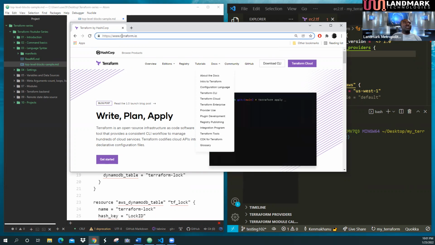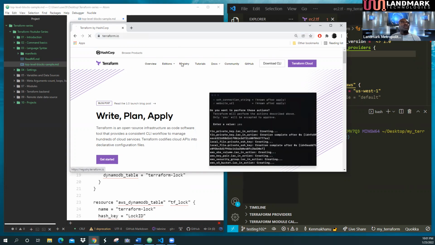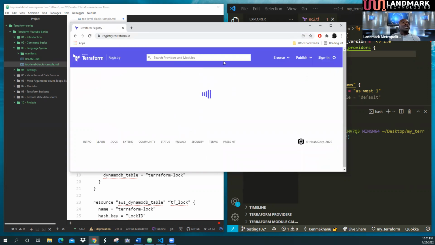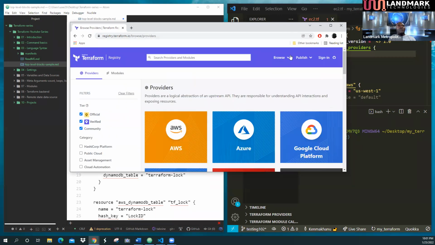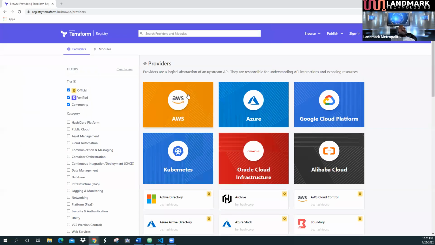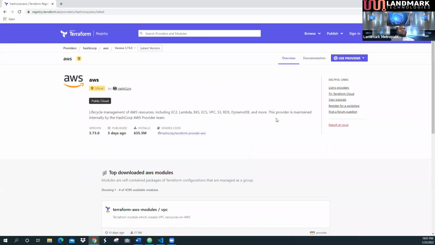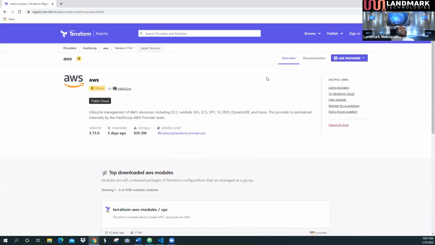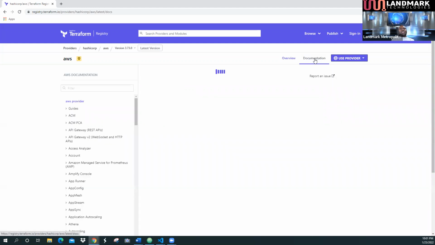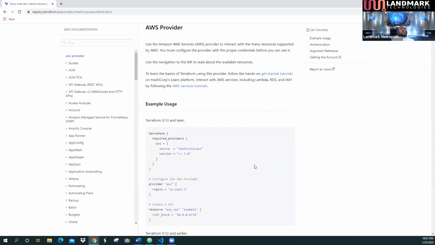If I go to the registry, then browse by providers. If you look at your providers, your provider here is AWS. So if you click on AWS, this is the official name of the provider. And then if you go on the documentation,